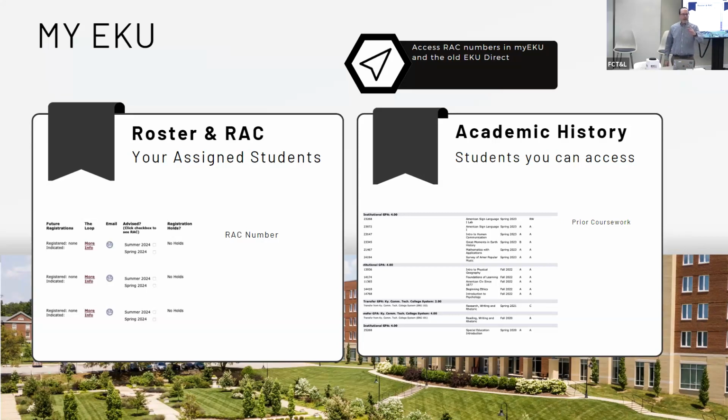So we got the advisor roster rack, and then we had the academic history. The one thing you'll see in Advising 360 within the loop, when you look at a student's history there, it's only going to show their most recent academic history, and it's only going to be EKU history. So if you're looking for